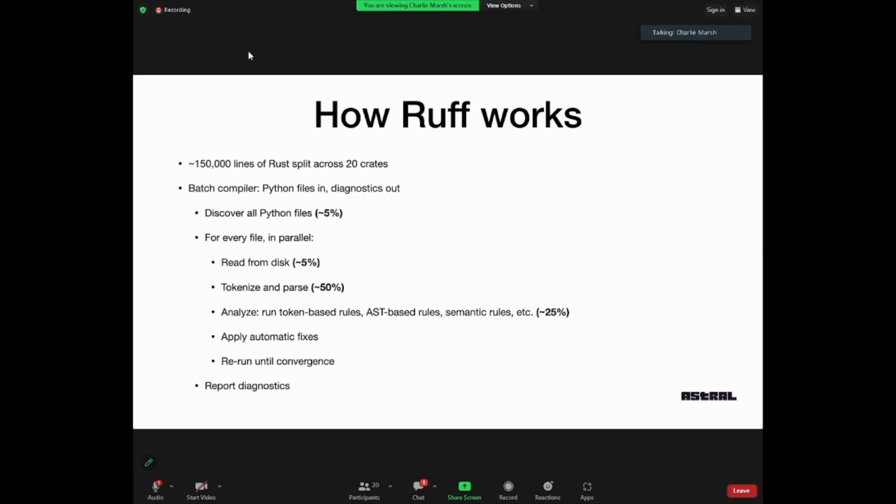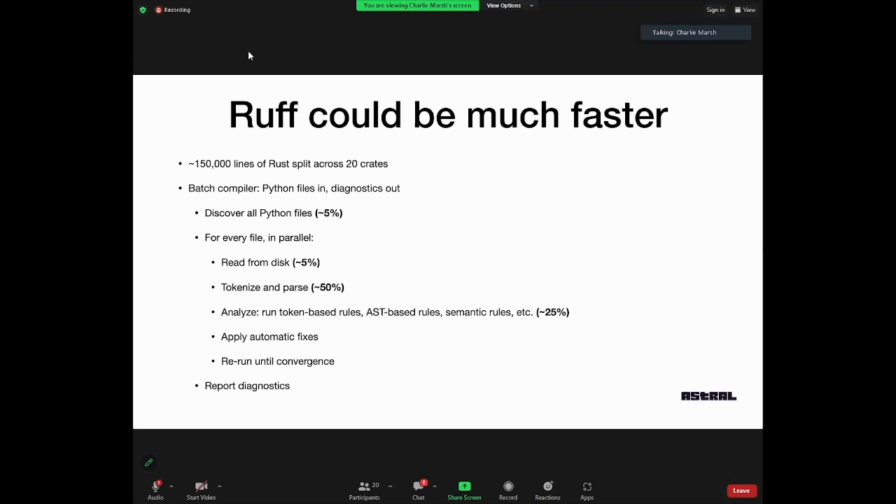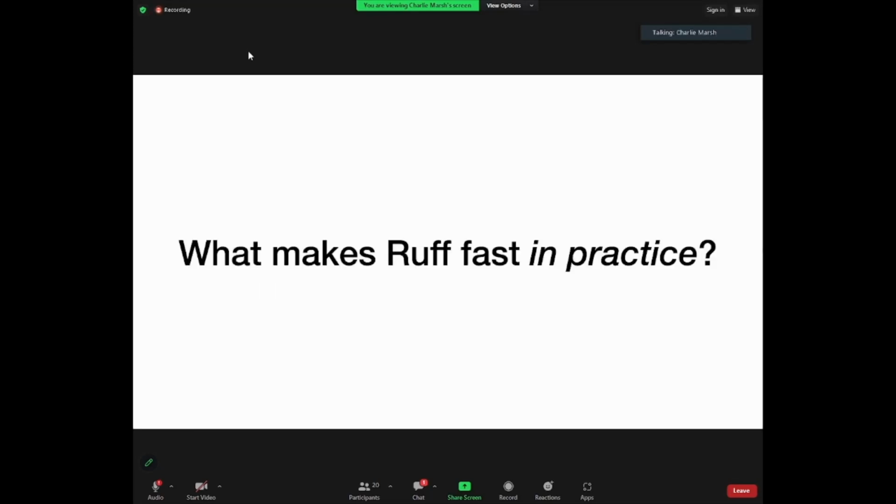And the funny thing about this for me is that this actually says that Ruff could be way faster, because we have spent by far the least time on the lexer and the parser, where we're spending a lot of time. That is the place we've optimized the least. So it's just kind of a funny observation that Ruff is very fast, but I actually think that Ruff can be much faster than it is today. And I actually expect Ruff to get faster and not slower as we add more behavior to it. Okay, so